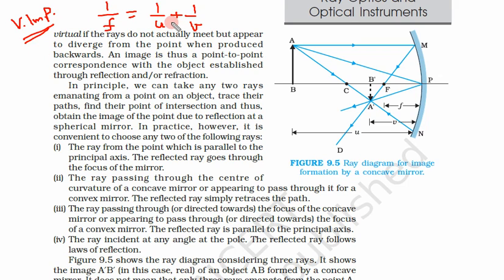So there are only 3 steps involved. Let us see how we can easily solve this equation. So what is the easy way of doing this? First of all, let us write the distances. This is our object AB and it is forming an image, this B dash A dash. So this is our image. What is the first distance? The first distance is the distance between this object and pole, that is called u.